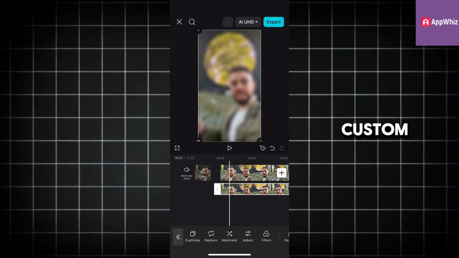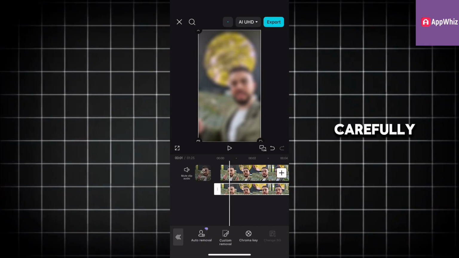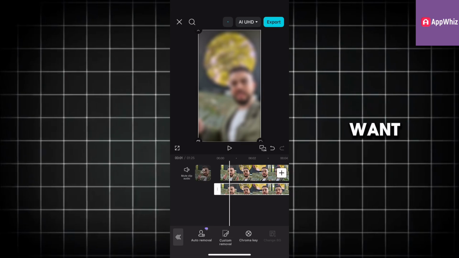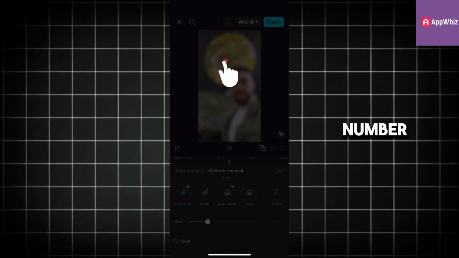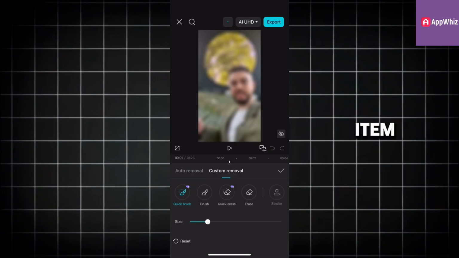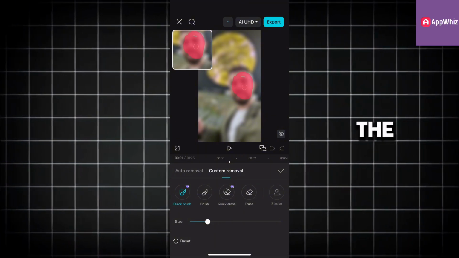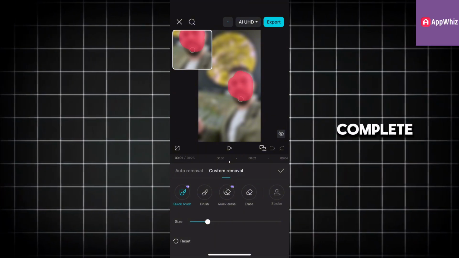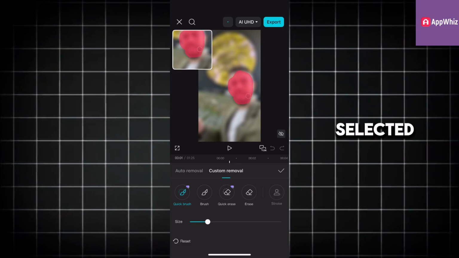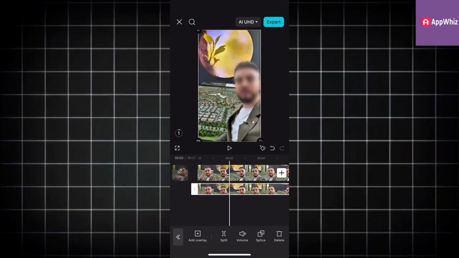Here, choose Custom Removal. Using your finger, carefully select the object or area that you want to blur, such as a face, number plate, logo, or any other item. CapCut will now process the selected area and isolate it from the rest of the video. Once the processing is complete, you will see that only the selected object remains blurred while the rest of the